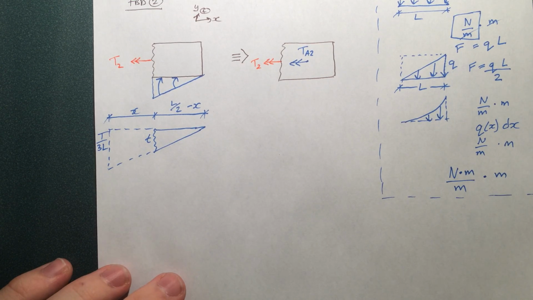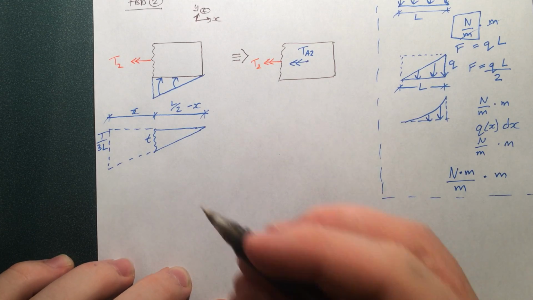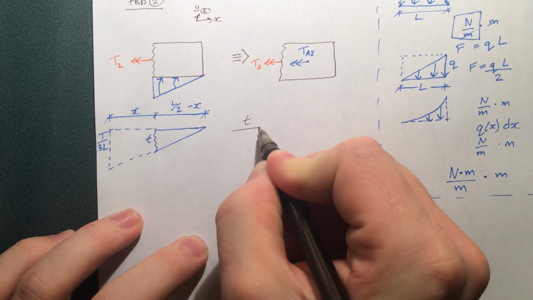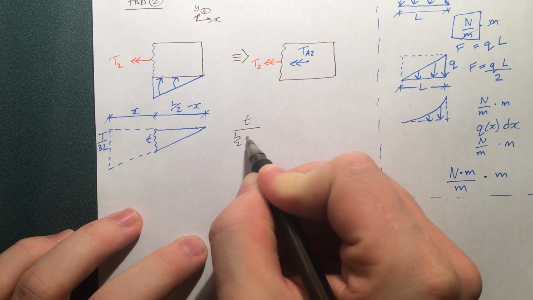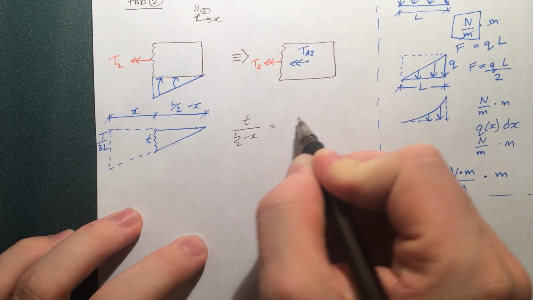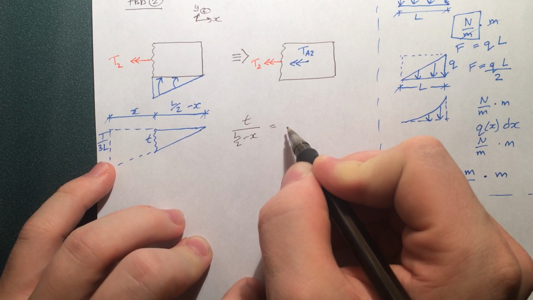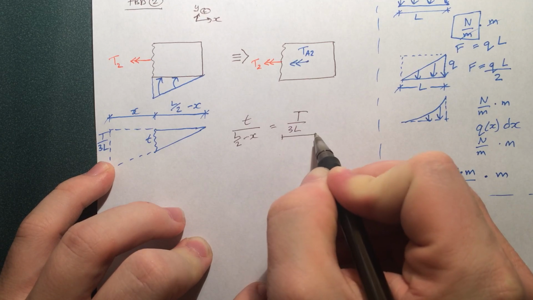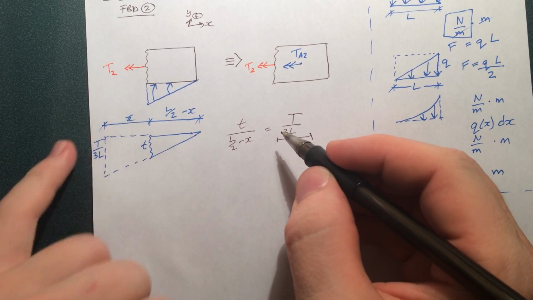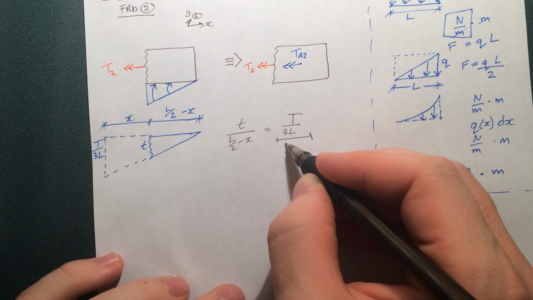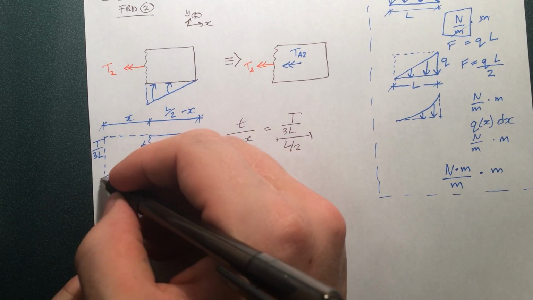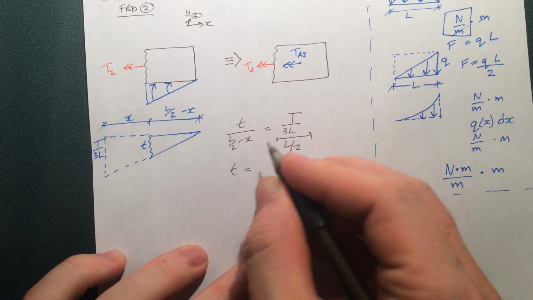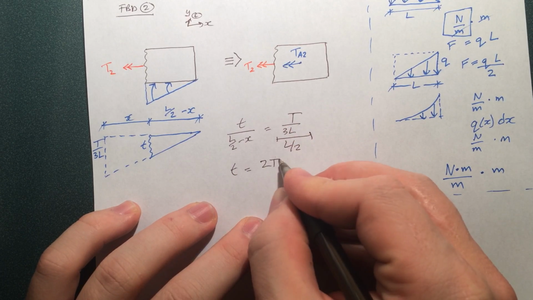It's up to you. And then similar triangles tells us that t by L by 2 minus x equals this here, T by 3L, divided by this total length here. And that is actually L by 2 if we're talking about the very outside piece. So you can rearrange this and say t is equal to 2T